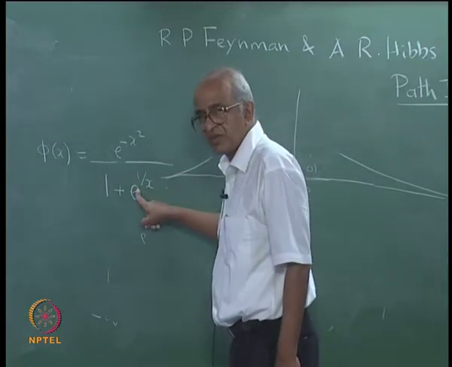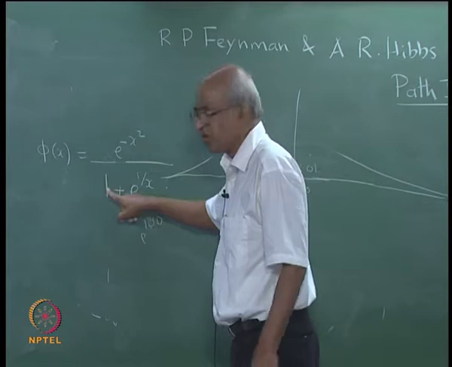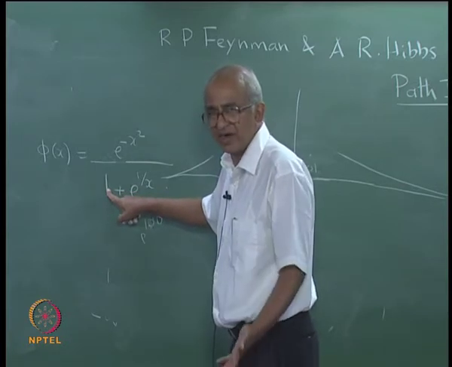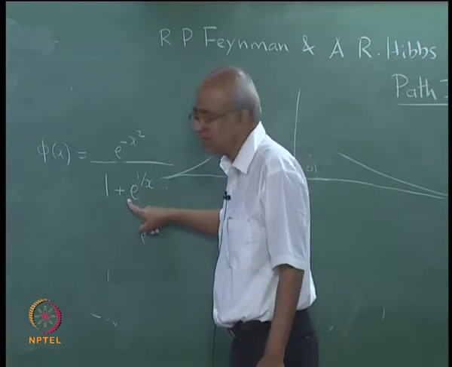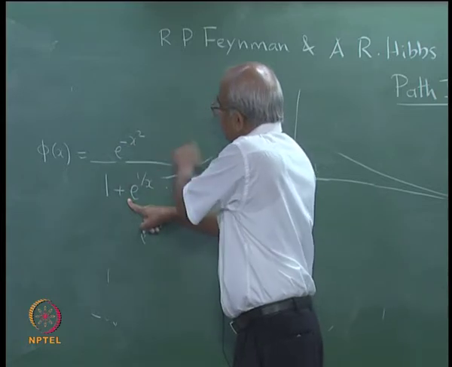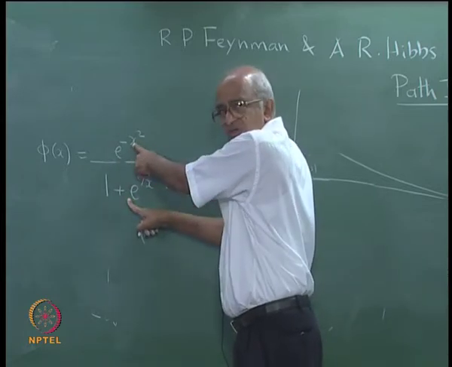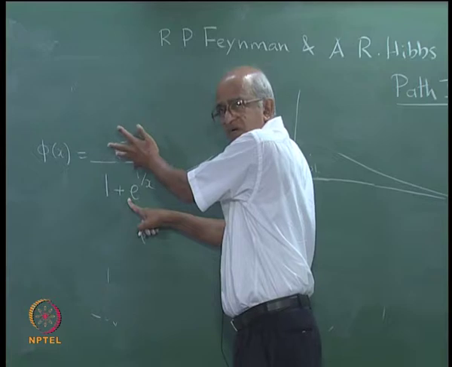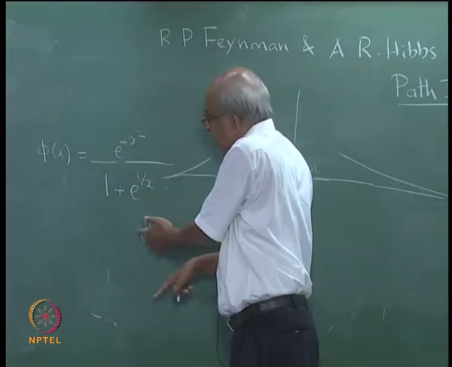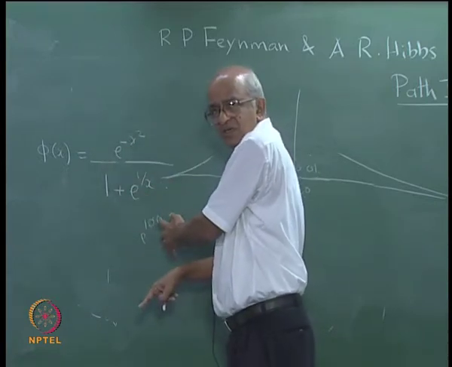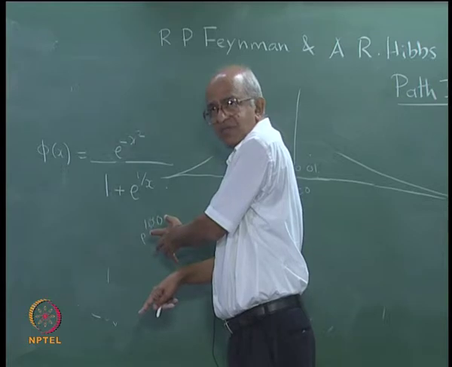Here I am going to have e to the power of 100. e to the power of 100 plus 1 is e to the power of 100 itself, because it is such a huge number. And if x is very close to 0, this is almost 0. So, the e to the power of that will be 1. So, you will have 1 by e to the power of 100, which is extremely small.